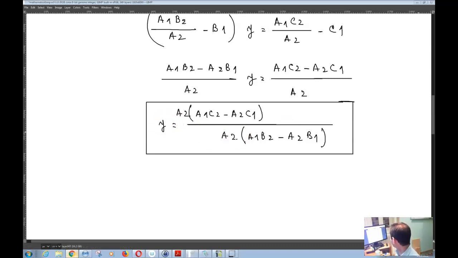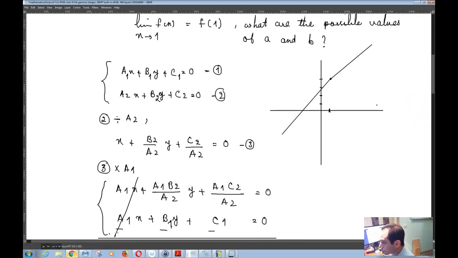There might be a better way. Well, the solution that I see over there is that